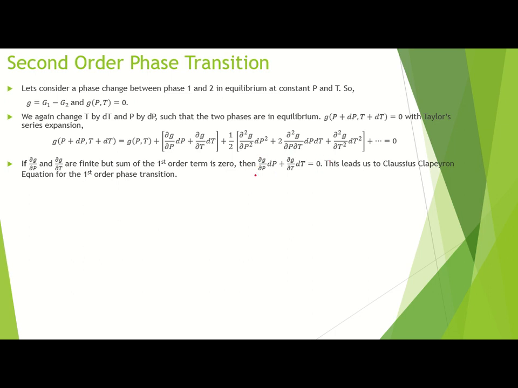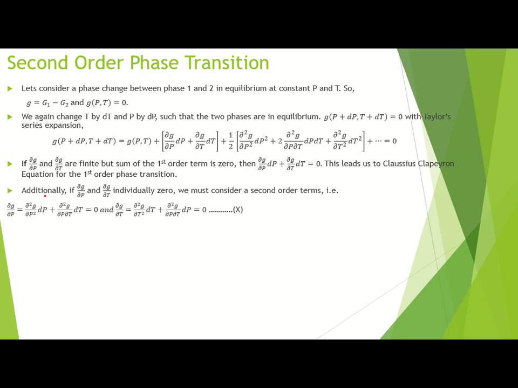Okay, so this is one of the special cases, when this bracket is equal to 0. So if that is the case, then this gives us the Clausius-Clapeyron equation. That is what we have done in the first order transition case, and that gives you the Clausius-Clapeyron equation. And additionally here, this whole bracket is equal to 0. That means this need not be 0 and this need not be 0, but their addition might become